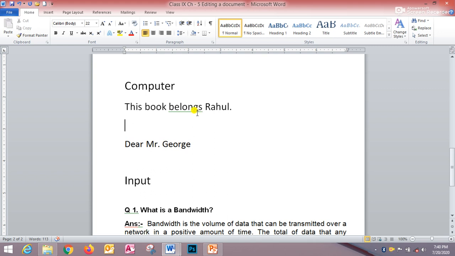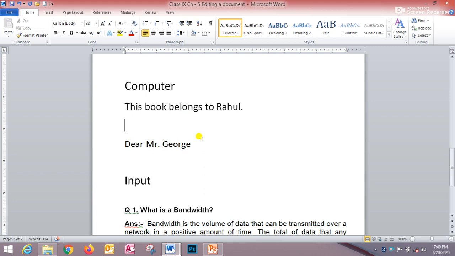It means here is the grammatical error in our sentence. How we can remove the grammatical error? Just we have to write here to, and then the grammatical error will be removed, right? Or you can right click on the word and then select any option from the suggestions box.